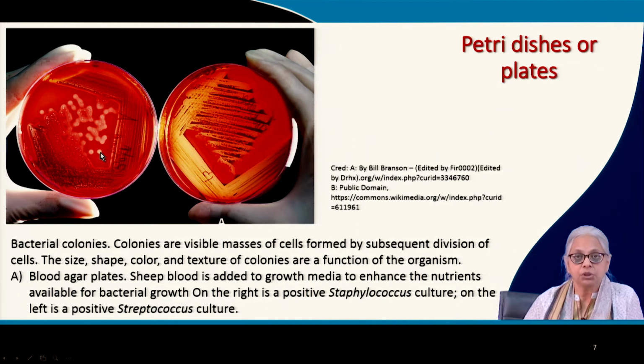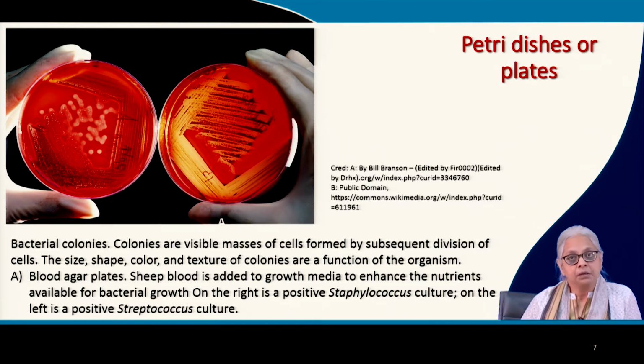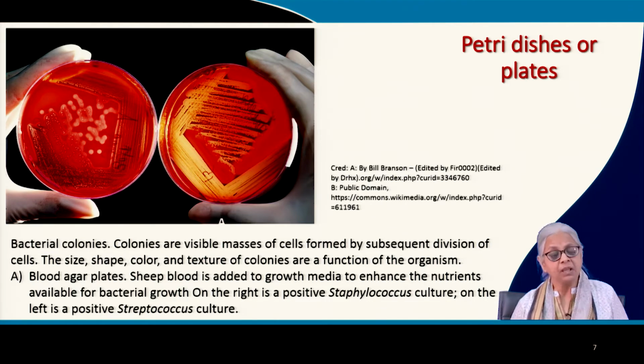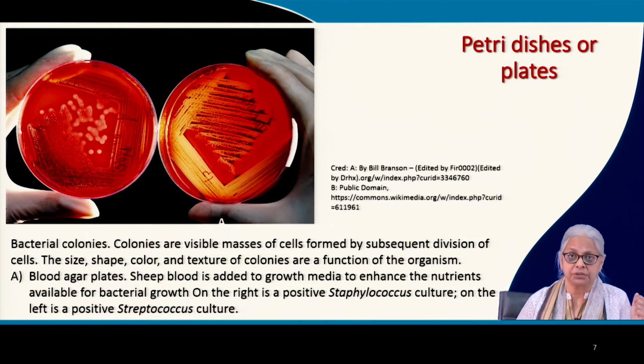Each colony is assumed to represent a single cell. It's not actually true, it's an assumption just to simplify matters. It may be a cluster of cells that is the starting point, or it may be a single cell that is the starting point. And what we usually see in the lab is that the colony size varies. You will have very tiny pinprick sized colonies, or you will have very large colonies, and that's because the starting point may be a single cell or clusters of cells. So all kinds of things are possible.